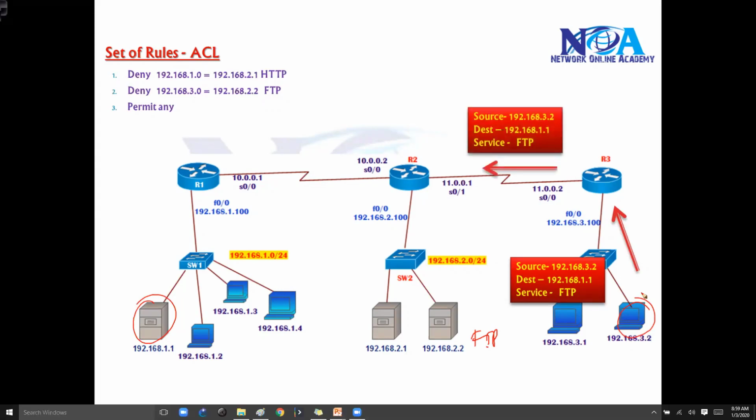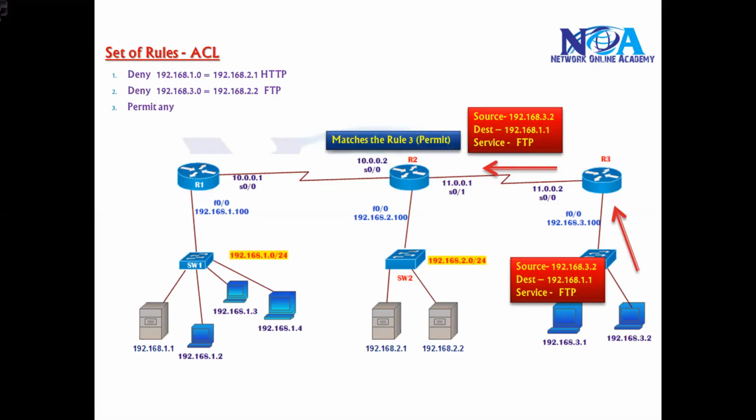And then router 2, assuming we have an ACL here, is going to check the rules, starting with the first rule. The first rule source is not matching. So if a packet does not match the first rule, then it will check the second rule. In the second rule, the source is matching, destination is not matching, right? So basically the destination address is not matching, which means it's going to check the third rule, and the third rule says match any. Any means any other packet. It can be anything. So the rule says permit. So according to these ACL statements, it matches rule 3, and rule 3 says please permit this packet.